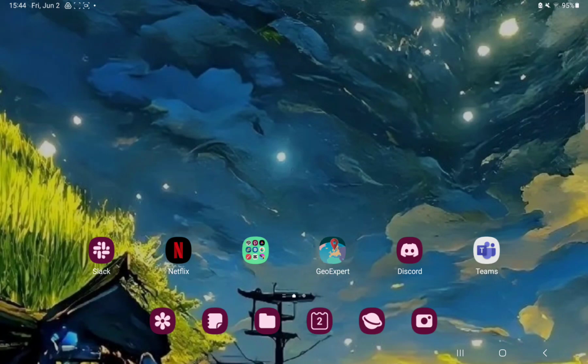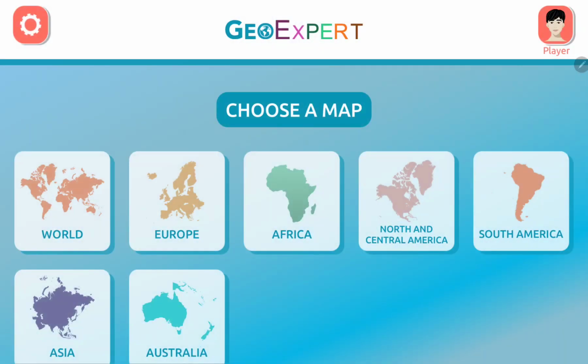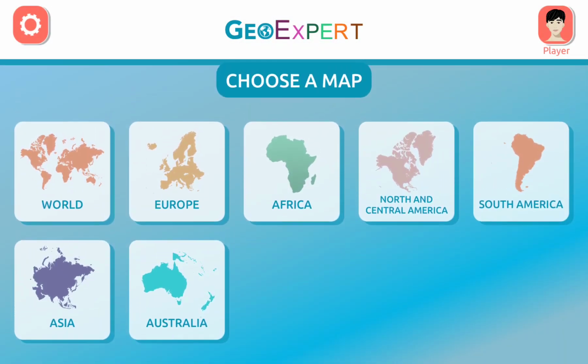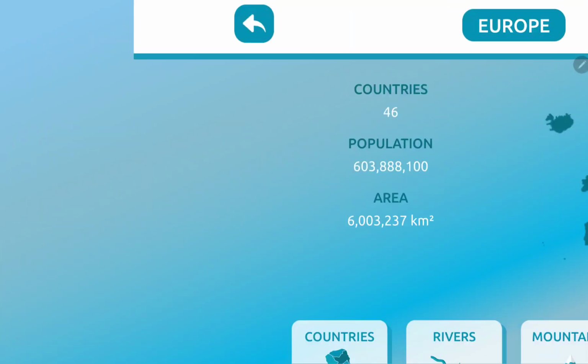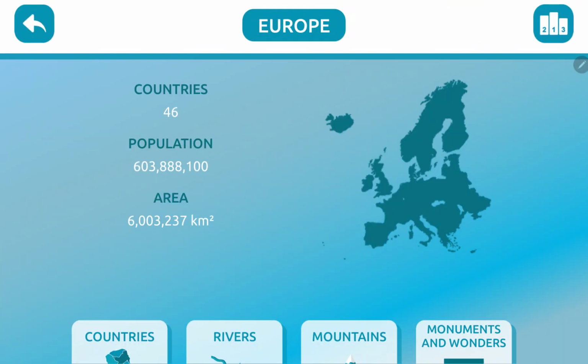So let's jump into it. First of all, open the application on your device. This is the home screen, and here just select a map, for example Europe, and now